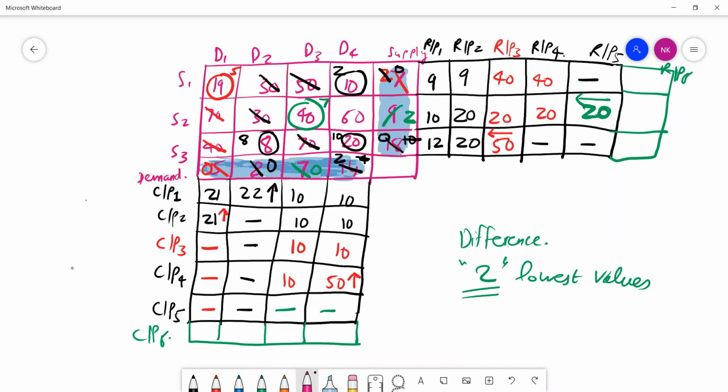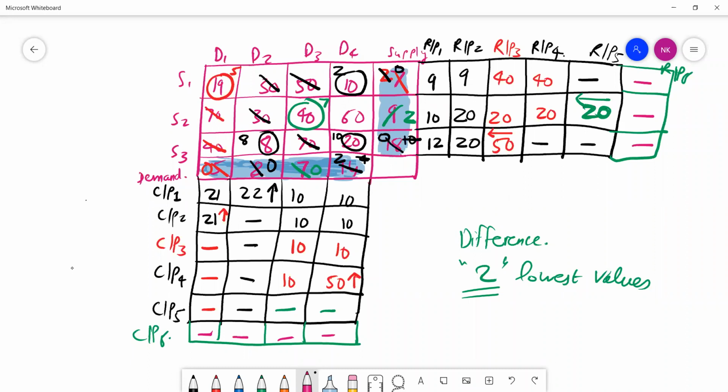For the first row, it's ruled out. For the second row, now you don't have any other number, so it won't take part in the iteration. The third row is ruled out. The first column is ruled out. Second column ruled out. Third column ruled out. Fourth column ruled out. So that means whenever you have all the dashes, all the rows and the columns have been ruled out. At that time, it's the end of your iteration.